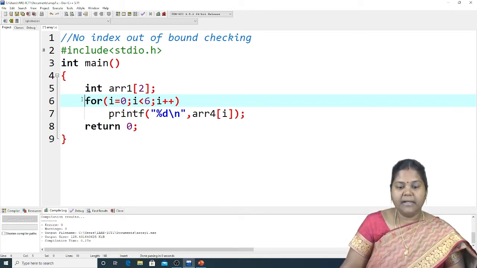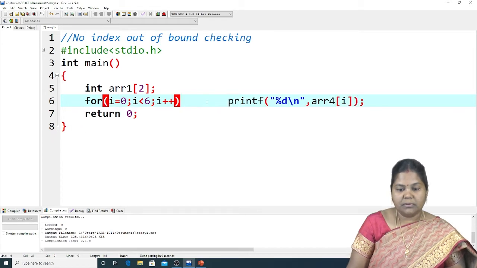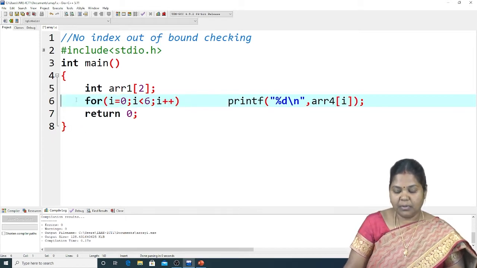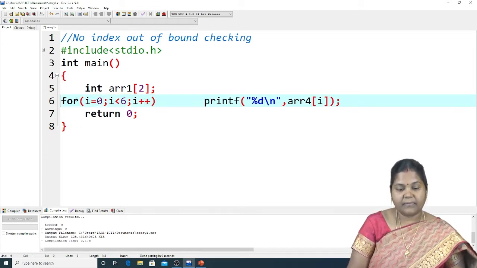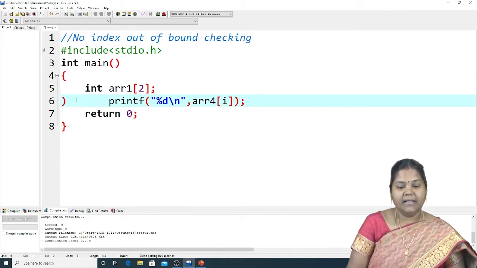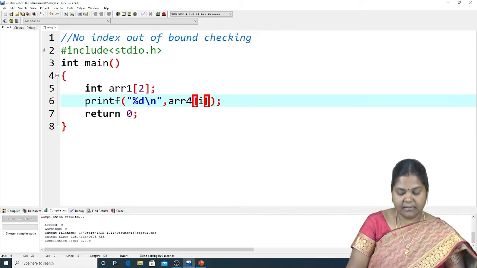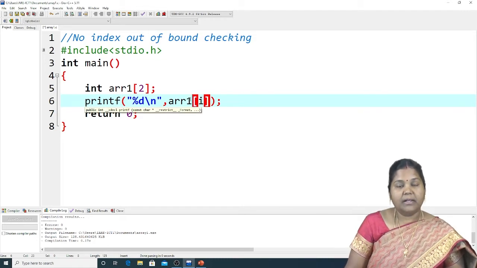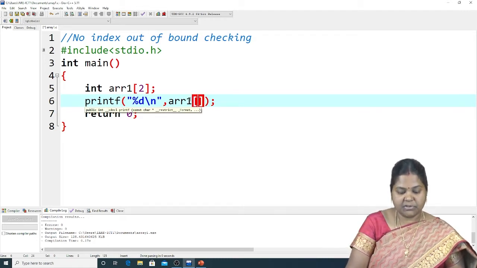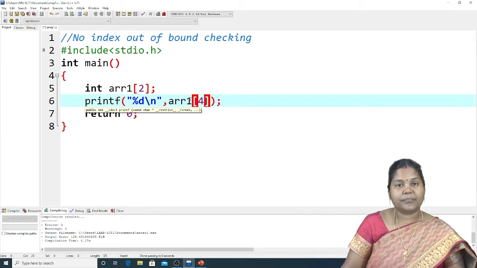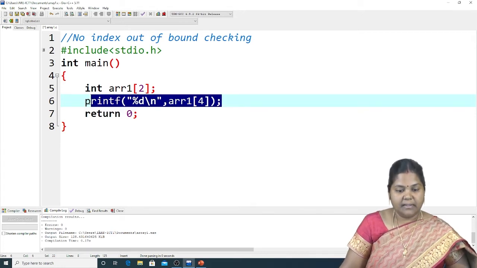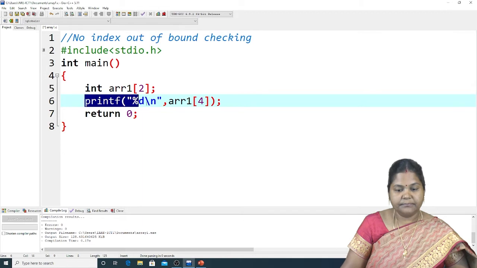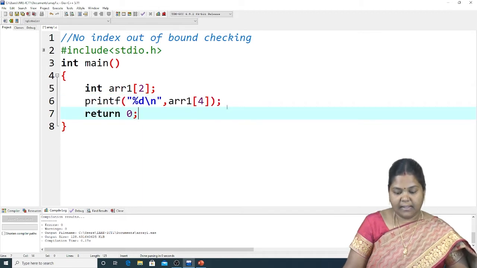But while printing, suppose I want to access an index position which is not there in the array. So if I write array1 of index position 3 or 4, okay, simply let me copy this line,